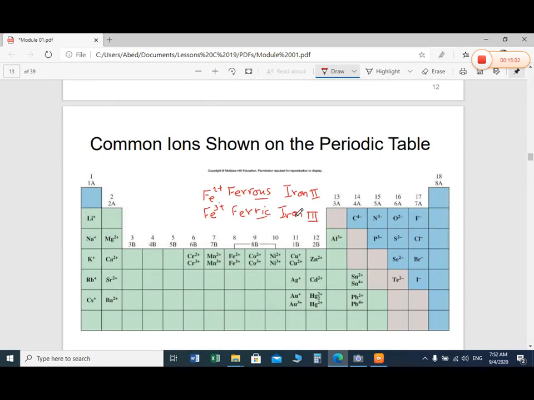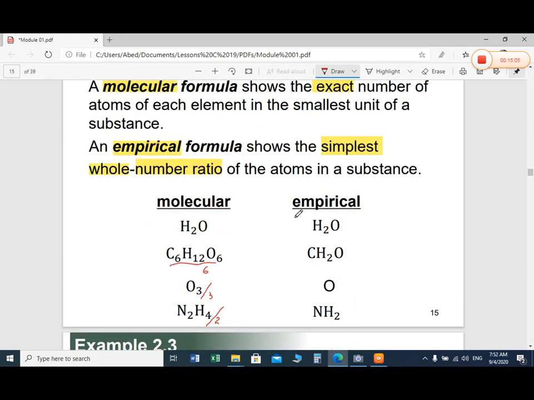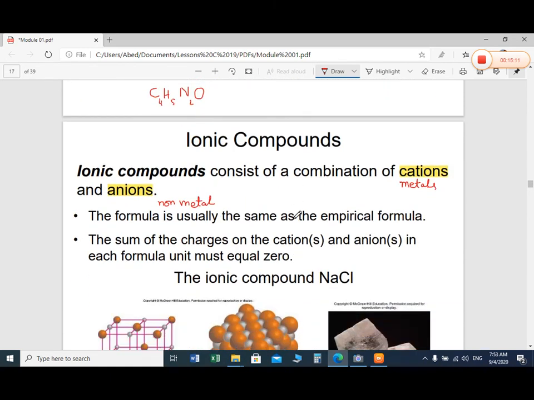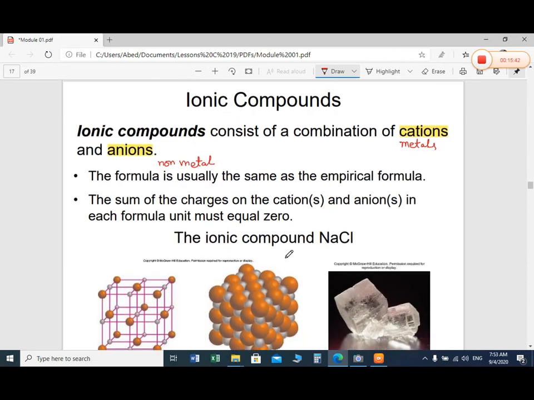Now you have to see in the periodic table, and then identify whether the compound is ionic or molecular or covalent or another type. In an ionic compound, usually the formula is the simple empirical formula. We don't need to convert molecular formula to empirical formula here, because the formula is already empirical. The main thing is that in an ionic compound, the formula shows the balance of charges: the cations and the anions are equal. That's why the total charge will be 0 on the ionic molecule.